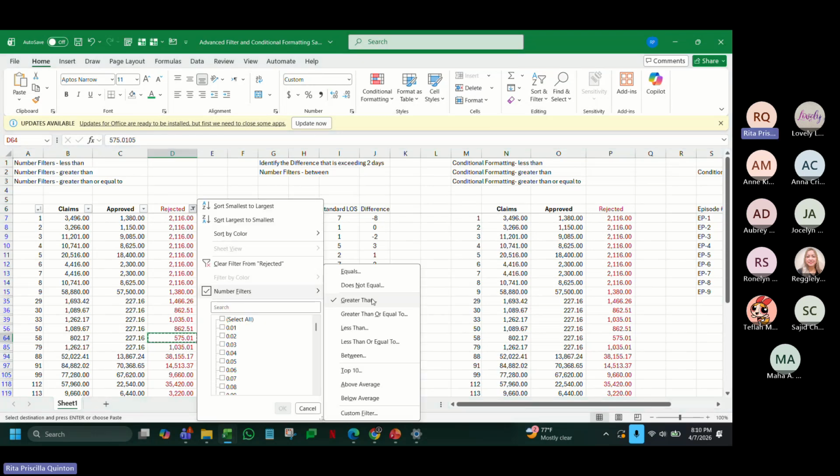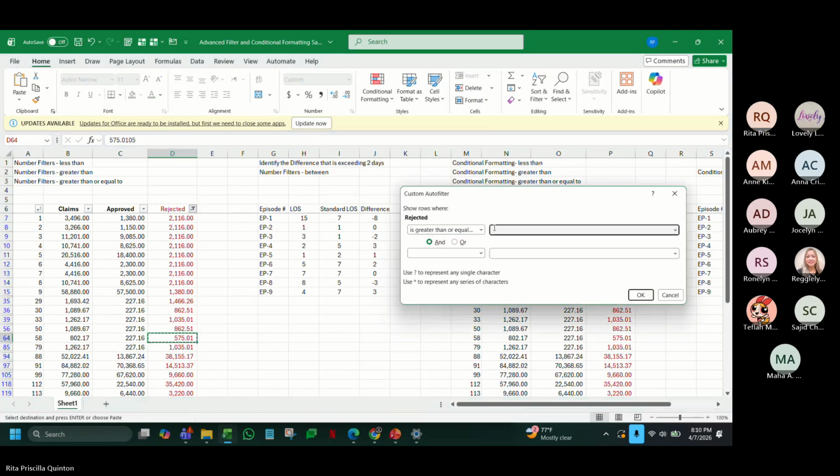So greater than or equal to. If I say it's greater than or equal to 1, it will give me all amounts greater than or equal to 1, meaning if I have 1 riyal here, it will also show.